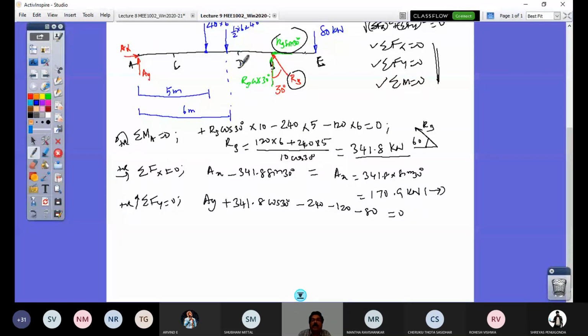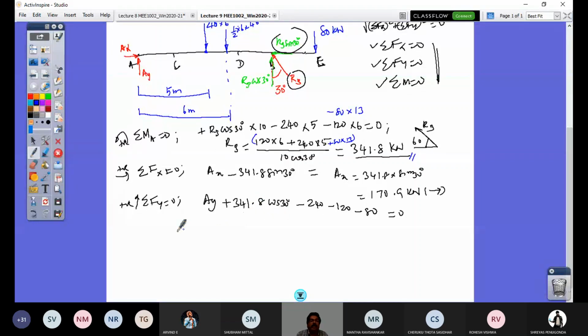So when I took the moment equation, I forgot to include this force. Good that you are all listening to me carefully. So this 80 kilonewton would create what moment about point A, clockwise or counterclockwise? Clockwise. So minus 80 into the distance, which is 13 meters. That would also be added in the numerator, 80 into 13. This answer is correct because I have the answer that I put here.